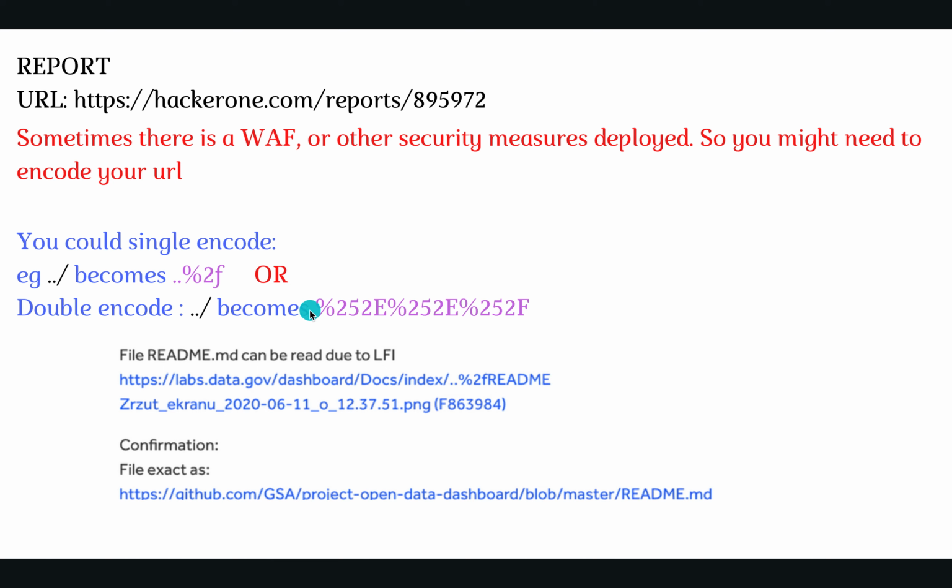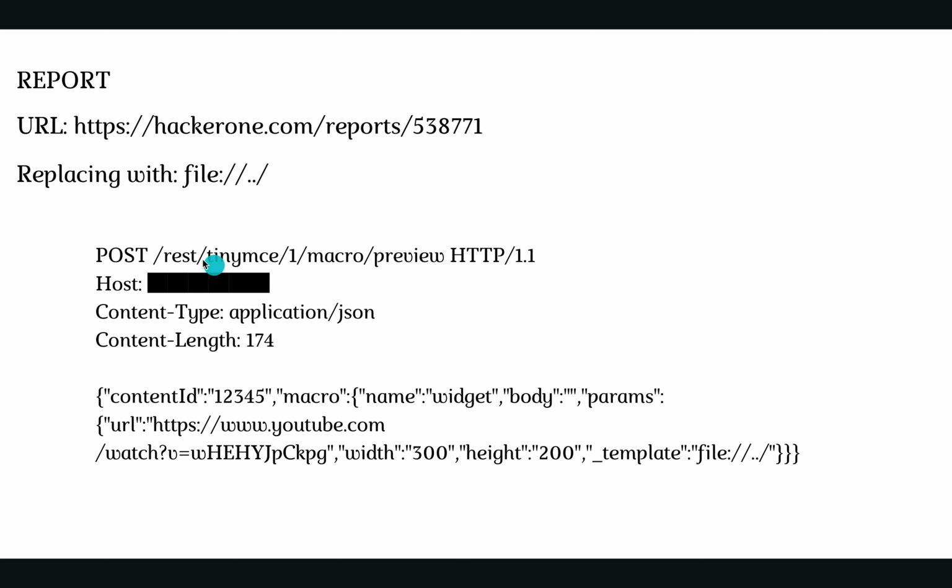Now in the third report, first of all, I would like to tell you that you should have a proxy in place so that you can look out for these vulnerabilities explicitly. Because here, if you were to see this report in general, you will not be able to find any endpoint that was vulnerable. But if you were to look at the body itself, you'll see that the researcher replaced the file name with dot slash, and everything was displayed in the output. So this is why you should have a proxy in place. So these are the 3 reports that I have discussed in this LFI video.